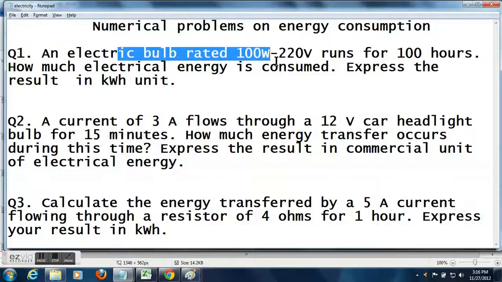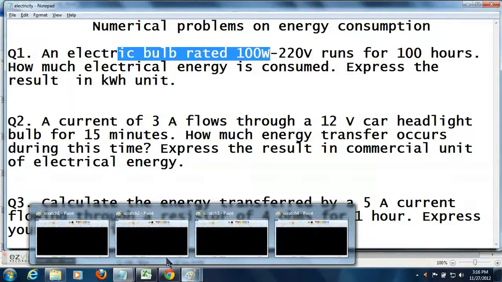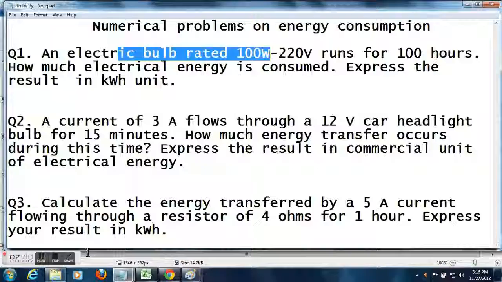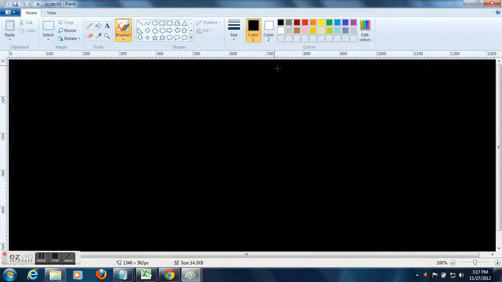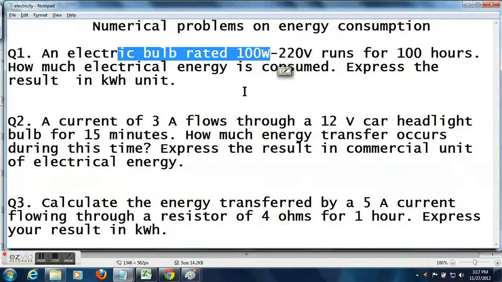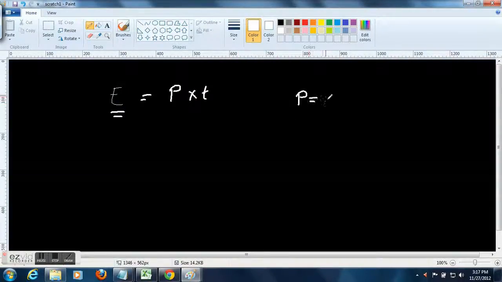Okay, let us start solving with question number 1. The electrical bulb is rated at 100 watt and 220 volt. So this is important, and the time is 100 hours. So we have to calculate the energy consumed. Now the formula for energy is E equal to P into T, and we have to find out the value of E. Now the value of P is given, which is 100 watt,